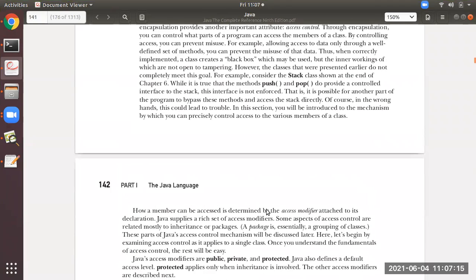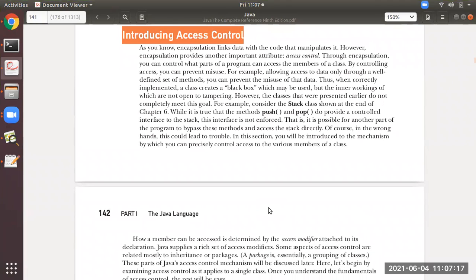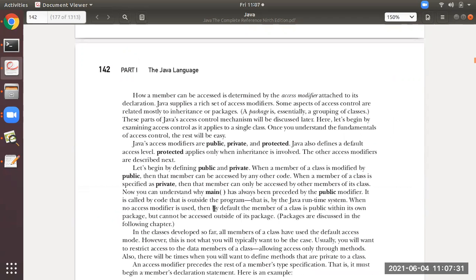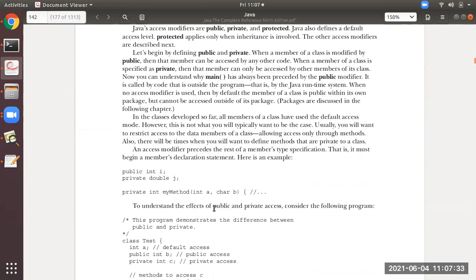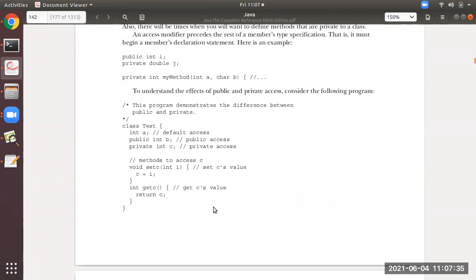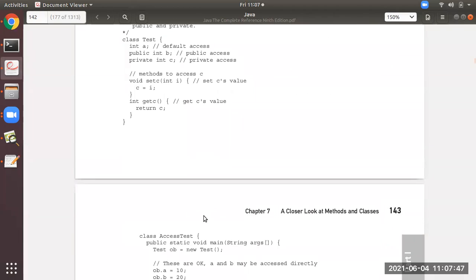So what are the access specifiers in C++ language? You all know public, private, protected in C++. Over here also there are, but here there are 4 access specifiers: public, protected, private, and one more is the default access specifier. Okay, that you will learn in detail in chapter 9. Okay, but now over here we will see one example of how we can access the private variables of a particular class, how we can assign the values, how we can access them, that we will see.